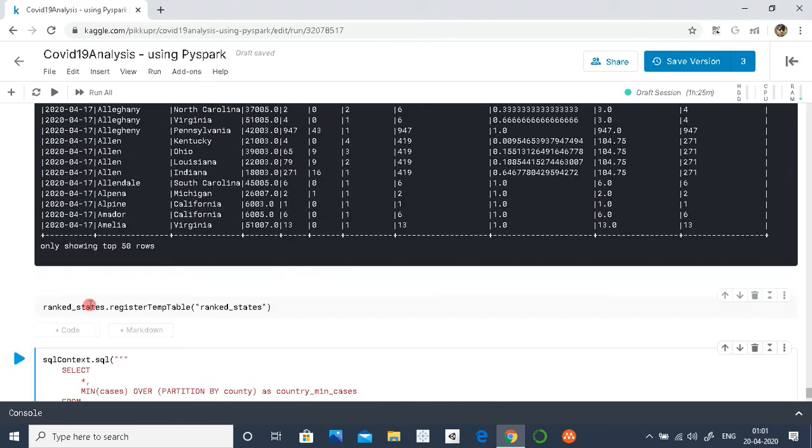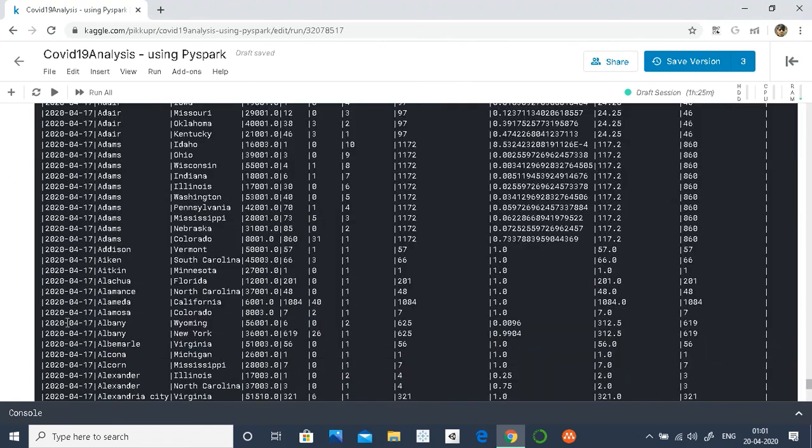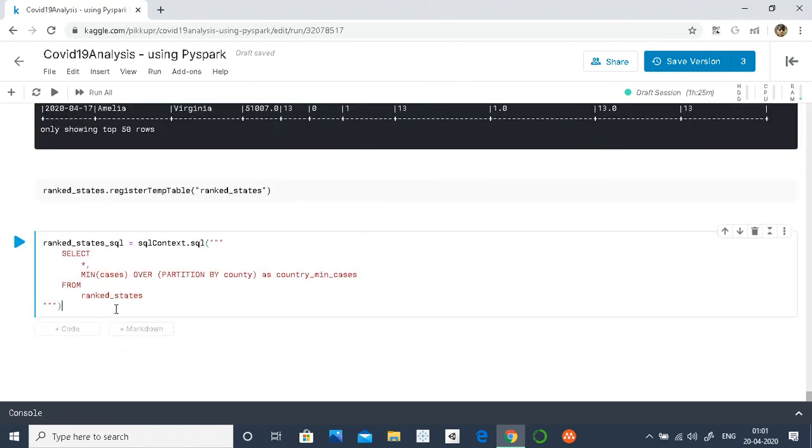So in SQL, let me copy the order by statement. So I'm going to run the command from SQL.